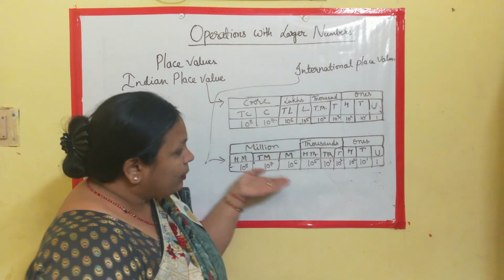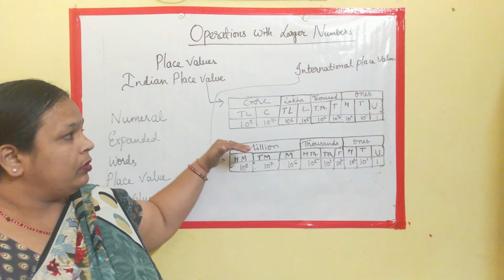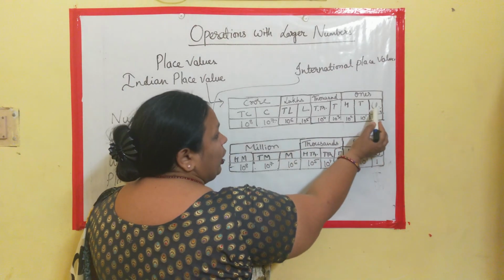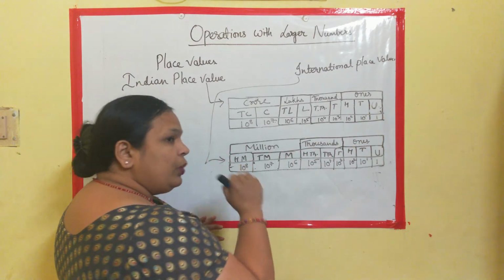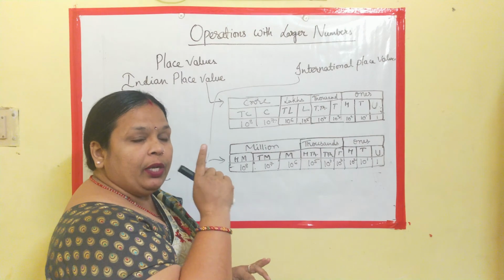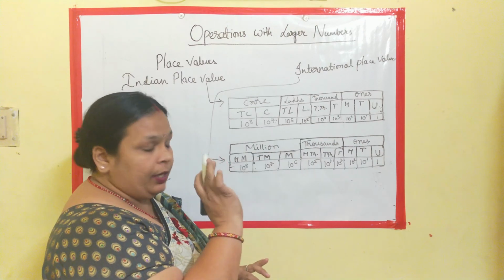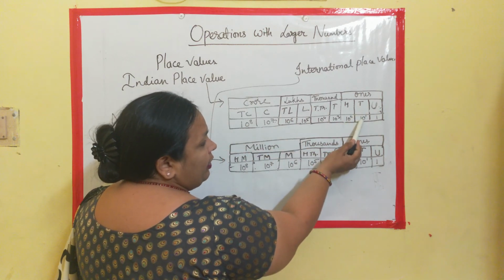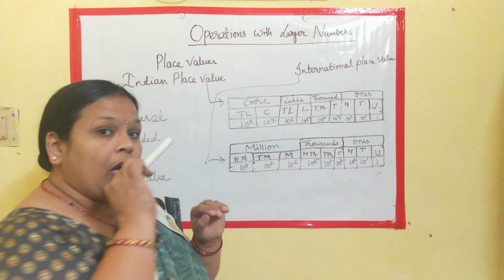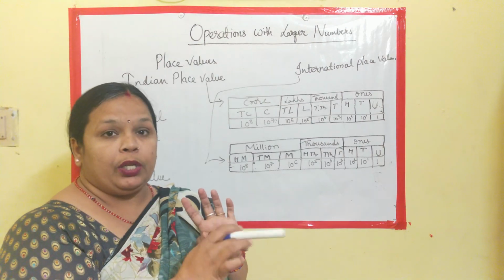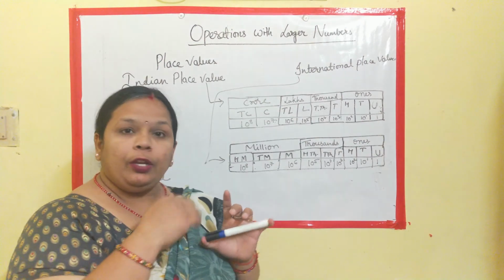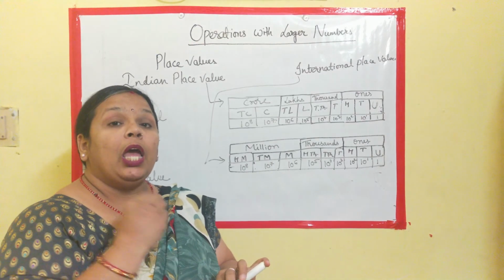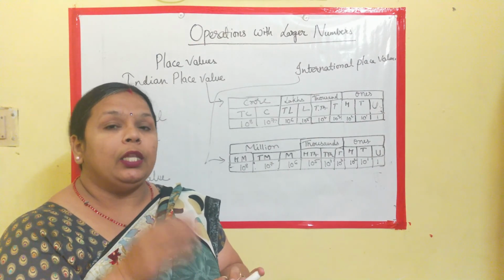Now you can see something extra I have written in the third column in both the tables. The third row, that is unit, is having 1. So unit means only one single number, and the unit place may have 0 to 9 as a number. Same here, same here. Tens is having 10 power 1. Now about tens, some numbers are written. In the senior classes they are called power. Here you can understand them as how many zeros will be there in the number.